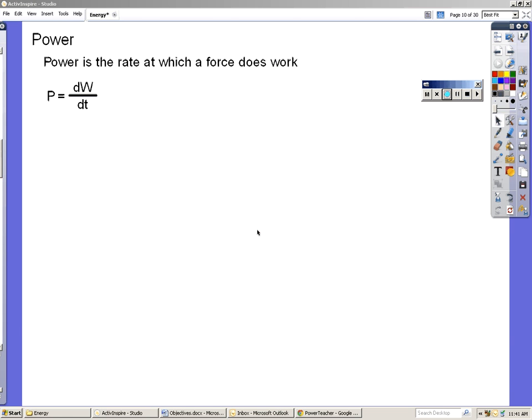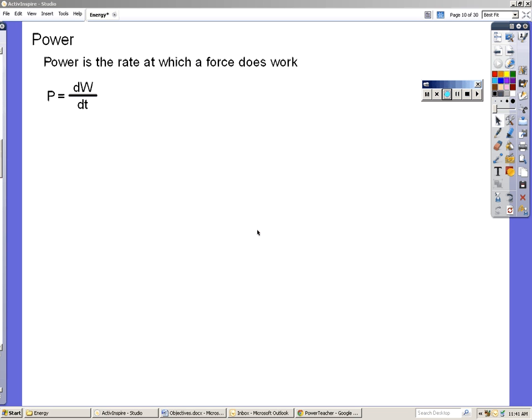This is the third energy and work video for Physics C. We're going to be looking at the concept of power. This is like work. It's one of those terms that we use in everyday life, but it has a very specific meaning in physics. What power means in physics is the rate at which a force does work, or the